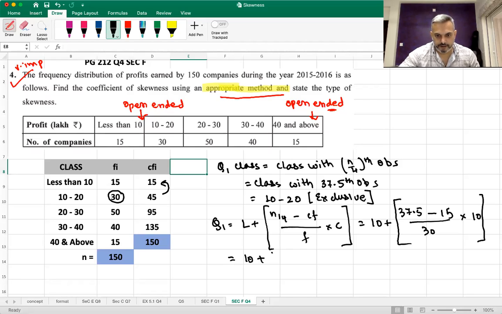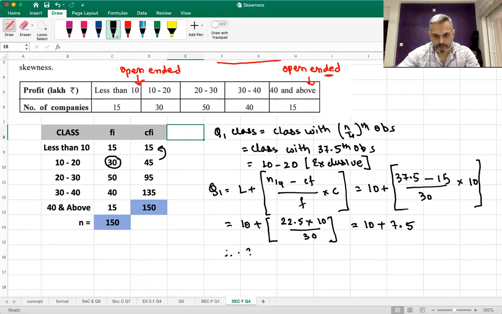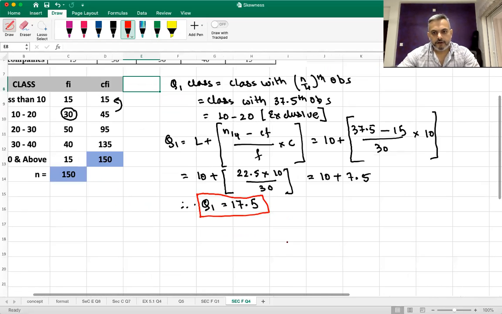Which is equal to 10 plus 37.5 minus 15, 22.5, into 10 divided by 30, which is equal to 10 plus 7.5. So therefore, Q1 is equal to 17.5. Q1 is 17.5. Now we go for Q2,